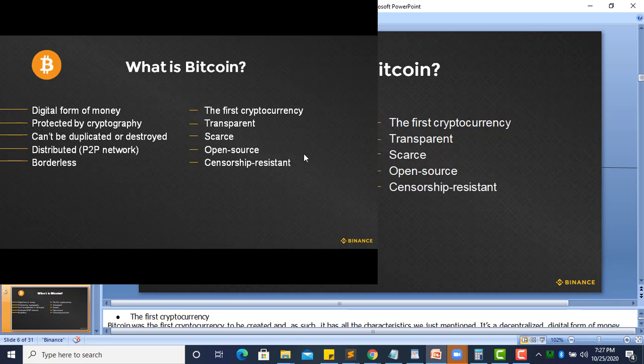So that is what Bitcoin is, and it is scarce. They didn't make it like your fiat currency, where the government can decide one morning that they want to print 1 billion notes. No, Bitcoin has a fixed amount in circulation. That is why when many people buy and the price goes up, they begin to sell, and people begin to rush for it, because it is scarce in circulation.